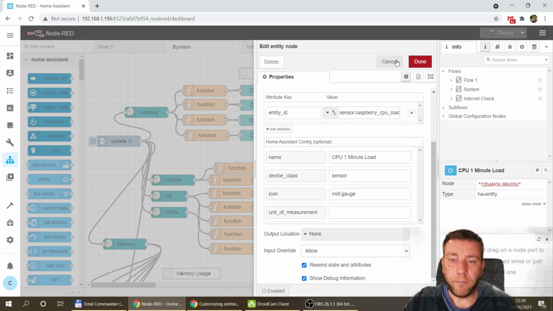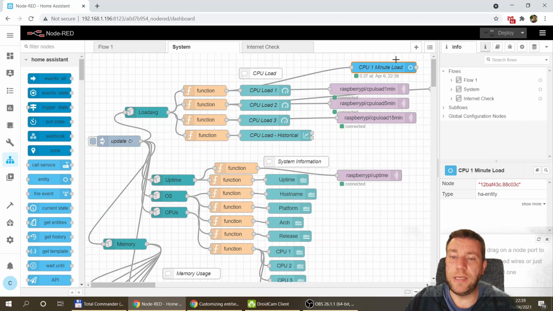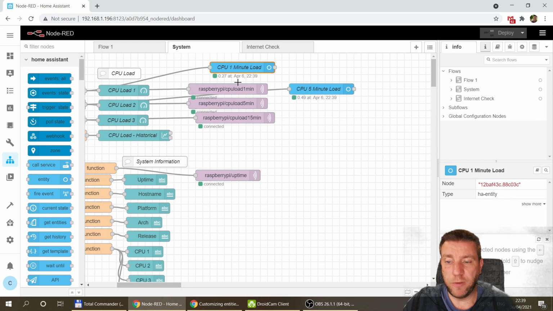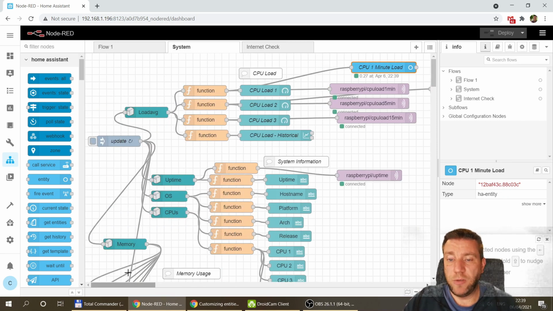Anyway, it does create the entities, and then I can just use them in, let's say, the dashboard. So what I'm planning to do now is actually a very boring part of the video: just renaming these, replacing these MQTT nodes with entity nodes. And just before I get to that part, I want to talk about how you get